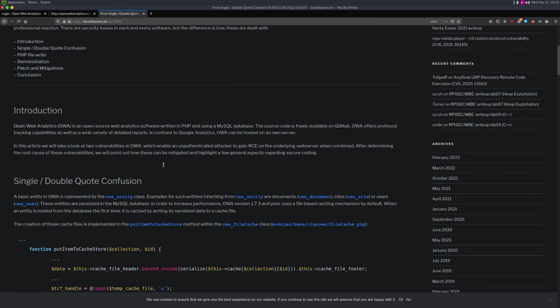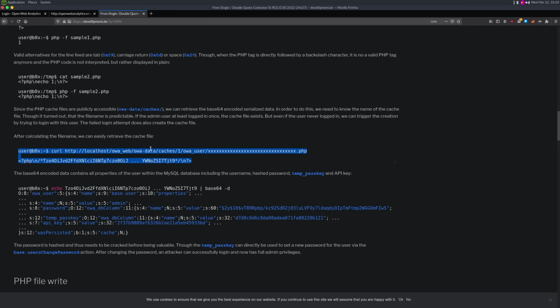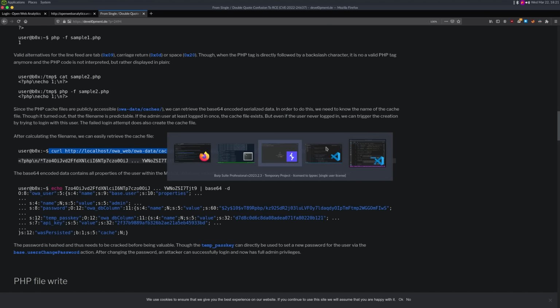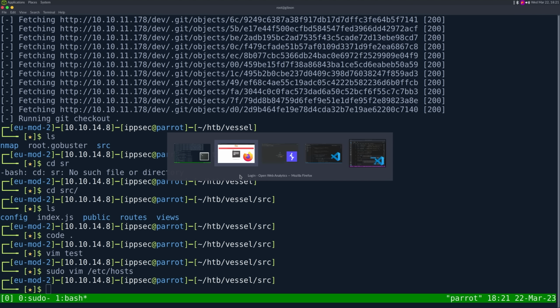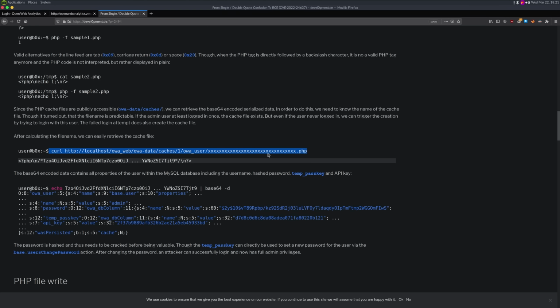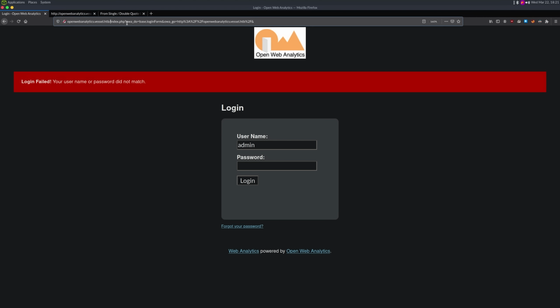And the first piece goes into, let's see if I can find it. When you're trying to log in, it's creating a cache of something.php here. So if I went to the login and did this login admin, according to the write-up, there should be a directory owa-data, caches, one owa_user. So if we go back and go here,